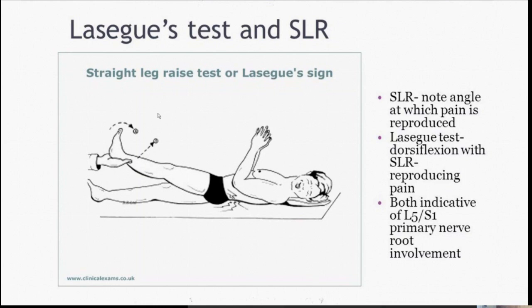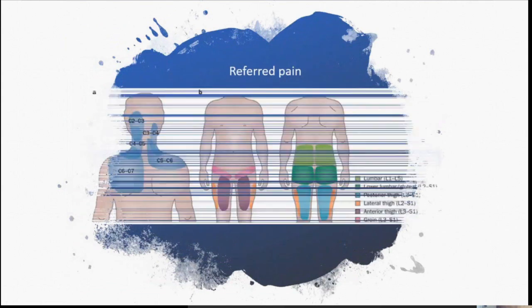هلا في عندي اللازيك تيست اللي هو شبيه بالستريت ليج رايزنج تيست، انه انا بسوي ستريت ليج رايزنج تيست بضل ارفع اجره لما يحكي لي بلش الوجع، بعدين بنزلها شوي صغيره لحد ما يختفي الوجع وبسوي dorsiflexion of the foot. When I do dorsiflexion of the foot I will cause tension on the sciatic nerve and this will cause reproduction of the symptoms. اوكي، الاذر تيست اللي بنسميه cross leg rising test، بمعنى انه المريض اذا رفعنا اجره الثانيه، عفوا